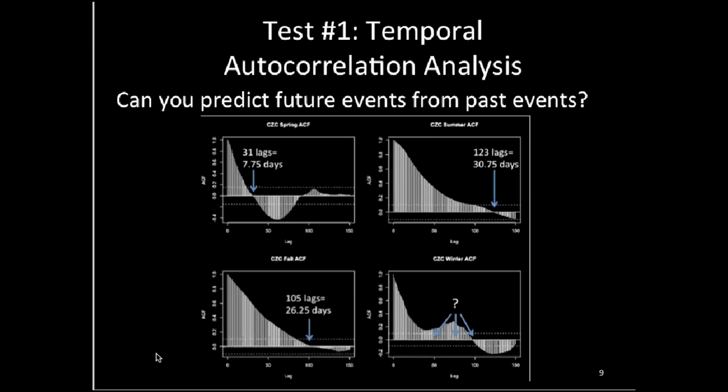So at each 6-hour lag period, we plotted the correlation between one soil moisture observation and all of the previous observations within that season. We did this until we reached a point where there was 0 correlation left. At this point, the data sets no longer have memory of themselves, and they can't be used to inform the model. So what we found is that in the summer and the fall, the data were self-consistent for around